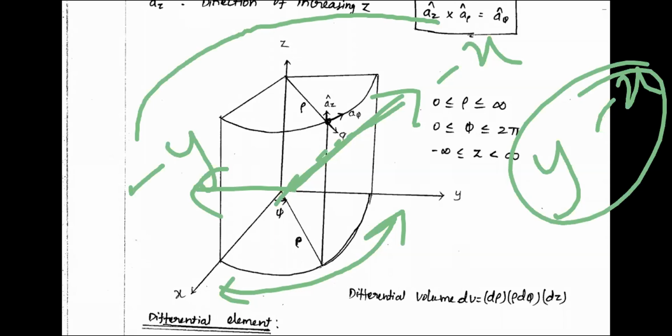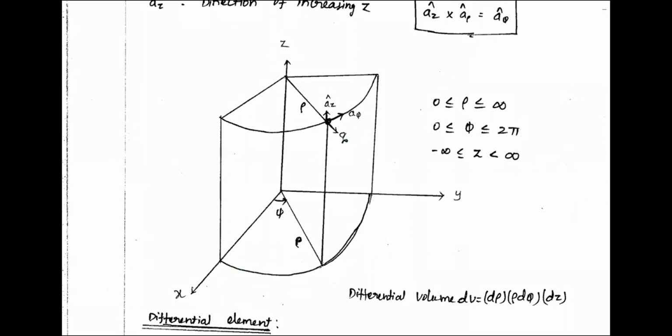Again you are seeing only the upper portion. Like this, a similar thing will be there in the bottom portion. Below the xy plane, again the same thing, everything will be available. That is the cylinder. Okay, now they have taken one random point. They have taken this point. See how they are mentioning that a rho. A rho means what, sir? Rho means r, radial distance, not from this.